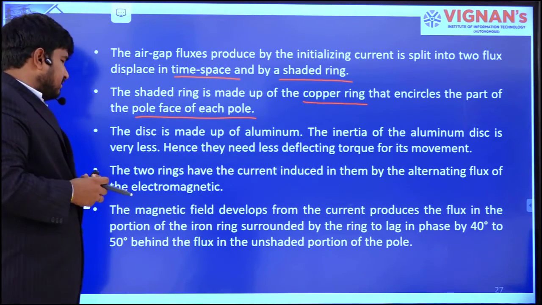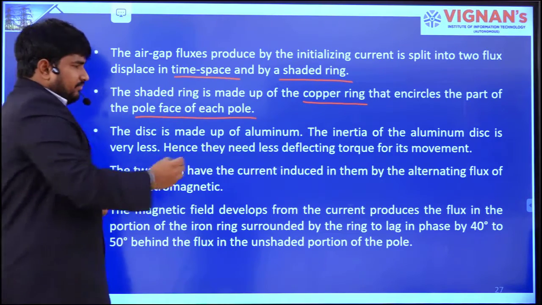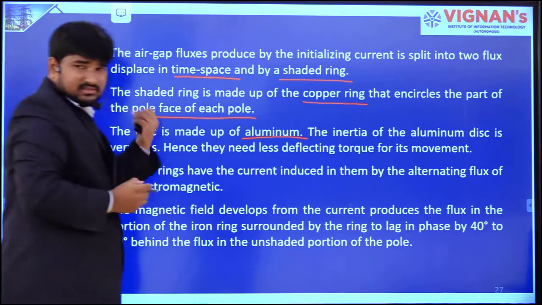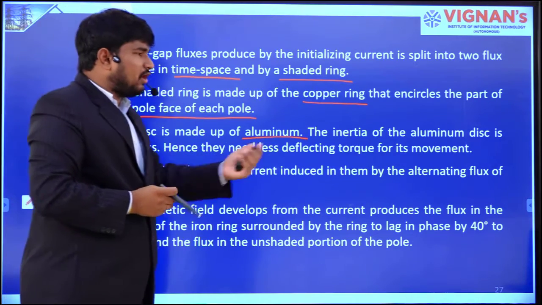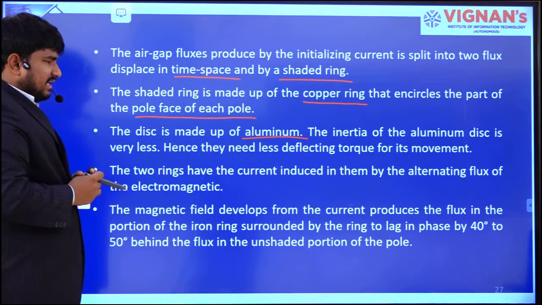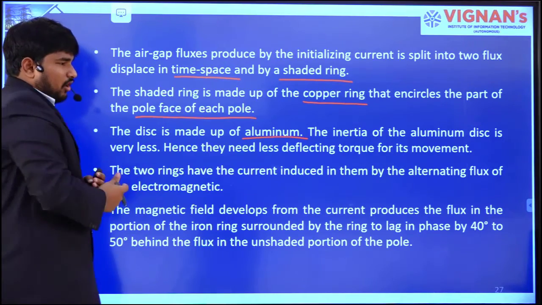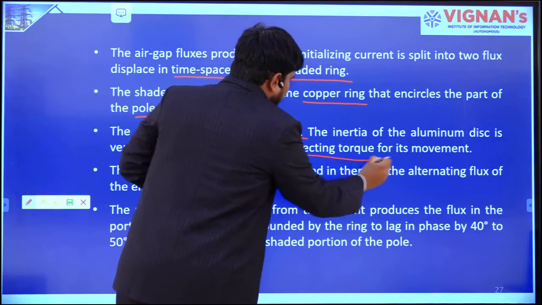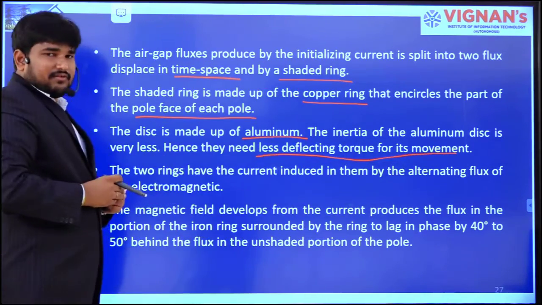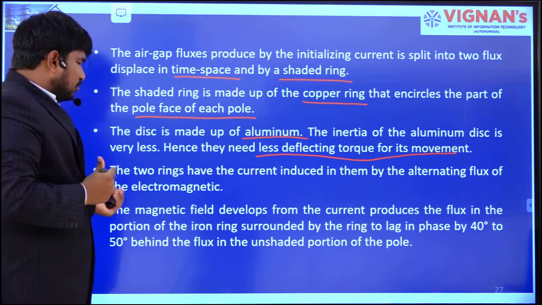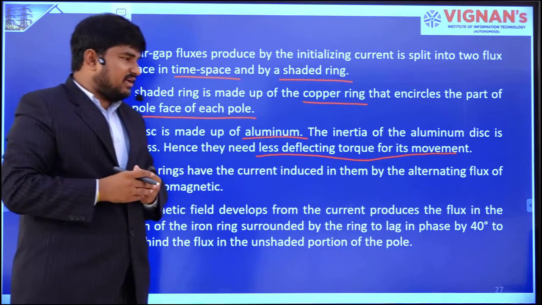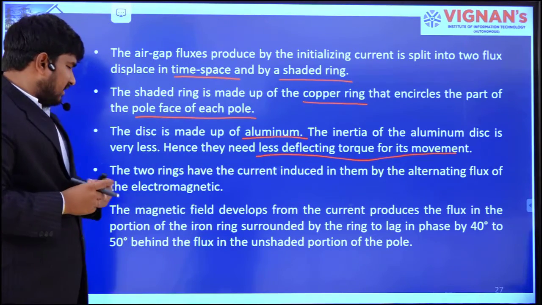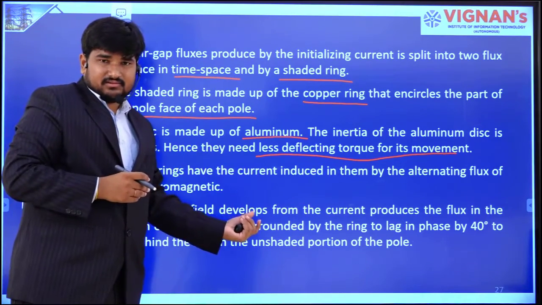And the next one is the disc is made up of aluminum. We have discussed in the previous slide itself why it is aluminum. As the inertia of the aluminum disc is very less, it needs very less deflecting torque for the movement. And the two rings have current induced in them by the alternating flux of the electromagnet, and